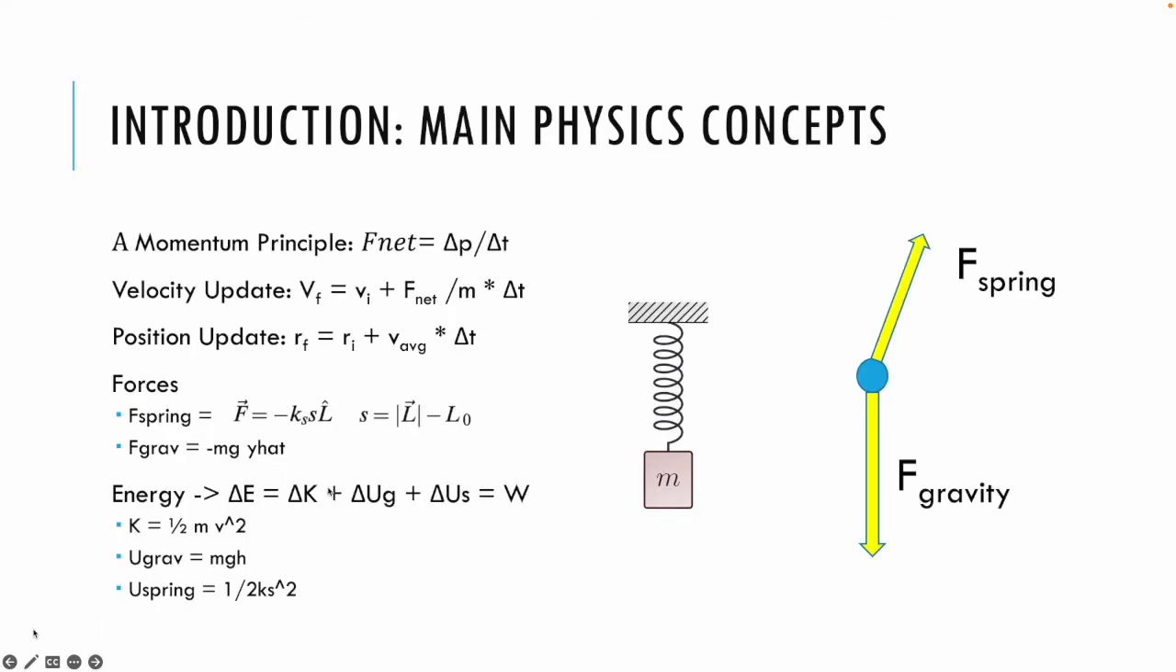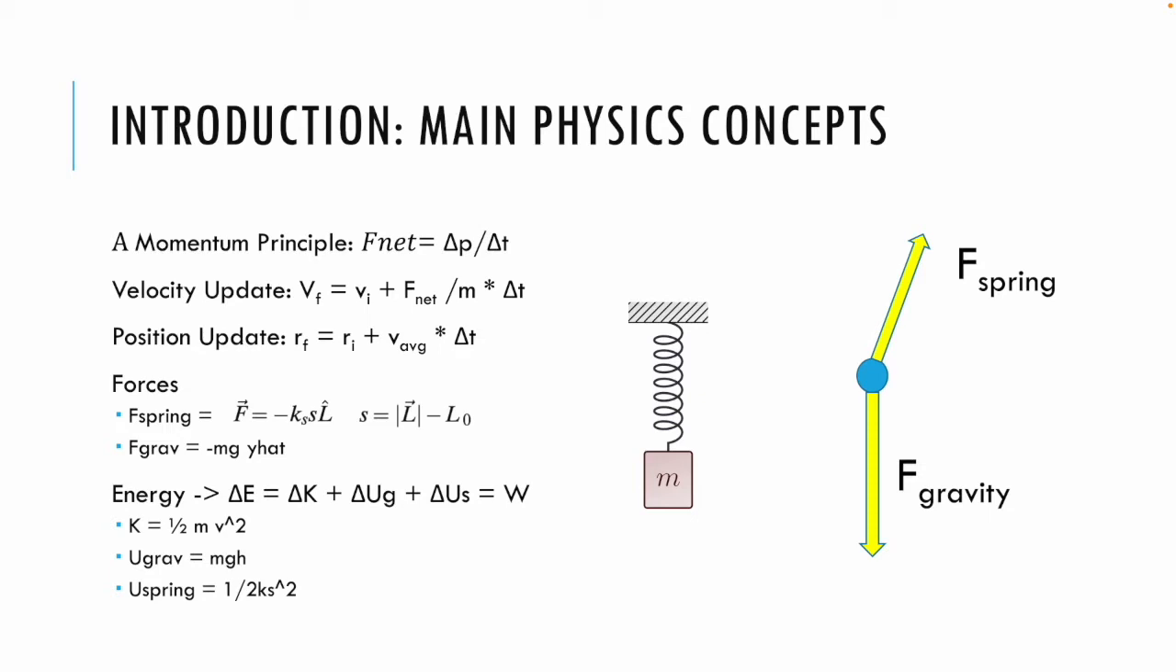So for the main physics concepts, the first one is the momentum principle. Net force equals change in momentum over change in time. And this was an important principle in modeling our object's motion in GlowScript by looking at what forces were acting on the object and then using that along with these two equations, velocity update and position update, to continually model